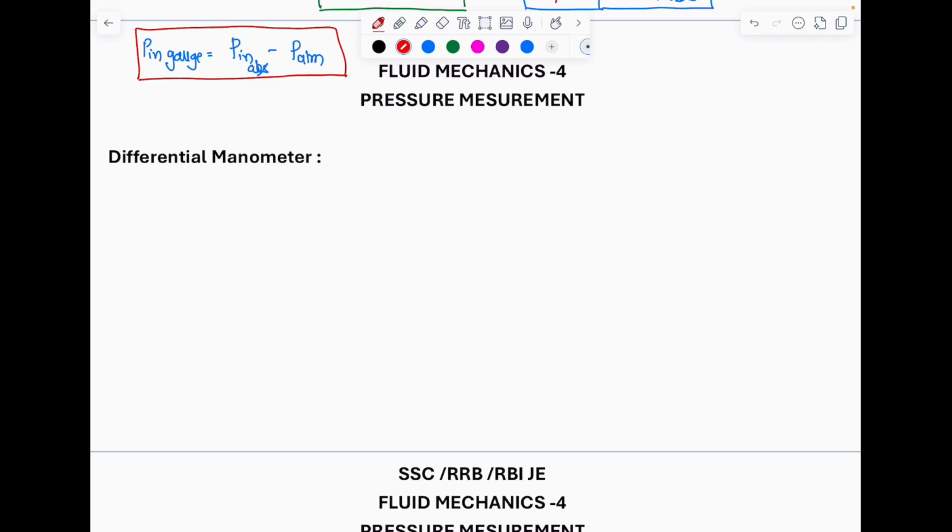For example, there can be a container like this,